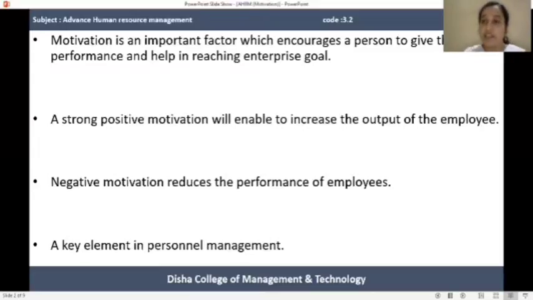Reward may be monetary and may be non-monetary. So monetary reward may be in the form of incentives, bonus, fringe benefits, and non-monetary reward is in the form of recognition of work, advancement, growth of the employees. So motivation is a very important element for human resource management. If they want to retain the human resource for a longer period of time, they have to design suitable reward systems. By showing this suitable attractive reward system, they are able to retain the human resource with them for a longer period of time.